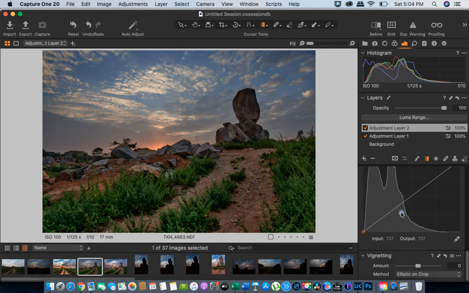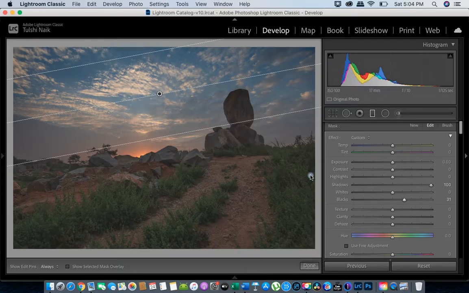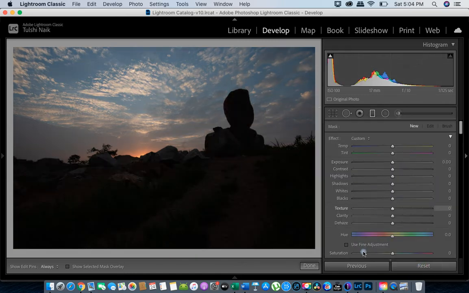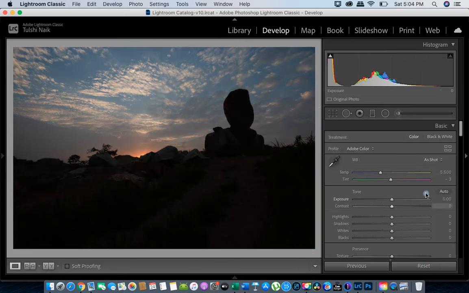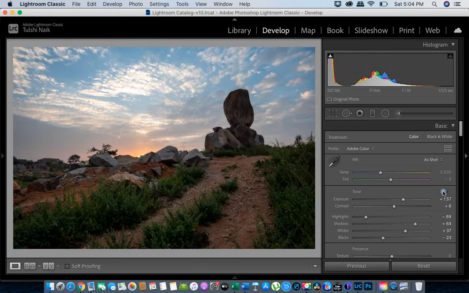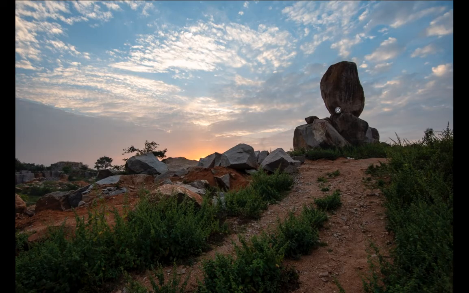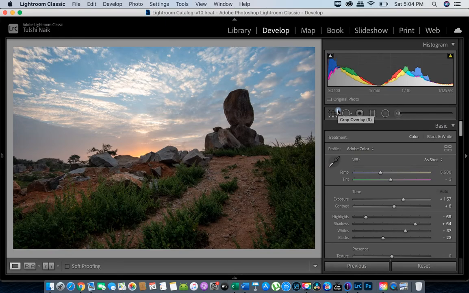And the third and the most significant is in Lightroom. Let me reset this, and just for demonstration purposes I will set auto. If I press F and go full screen, I cannot do anything. I can just view the image, and then I press F again and go back to the normal view.